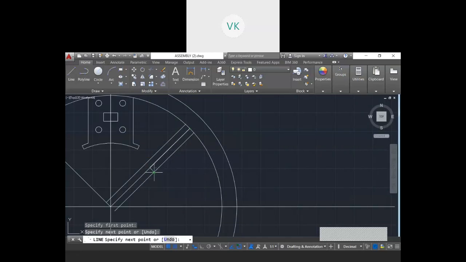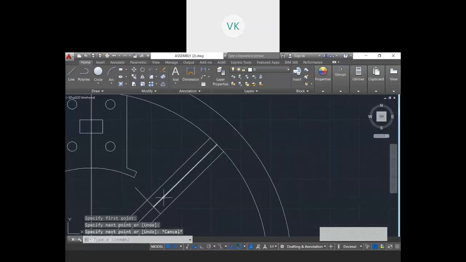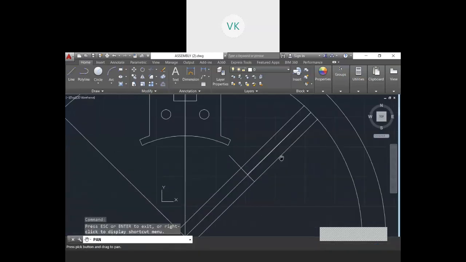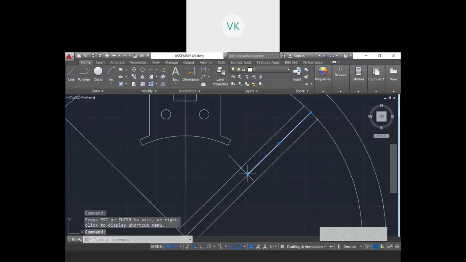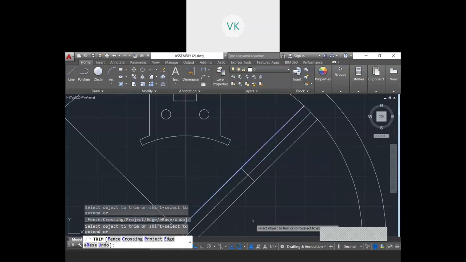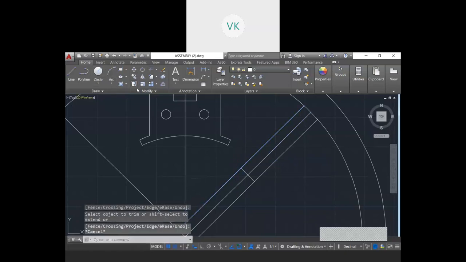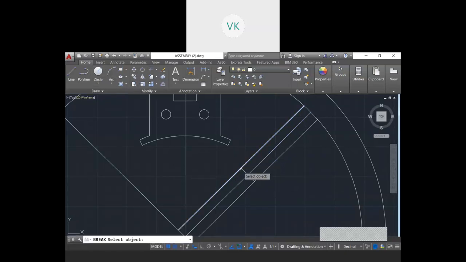So then from there I'll draw a perpendicular line. So I'll delete that part later. So you can see the excess lines are available. So you can remove that part. Then I will trim this one. Then I will remove, or I can break this.